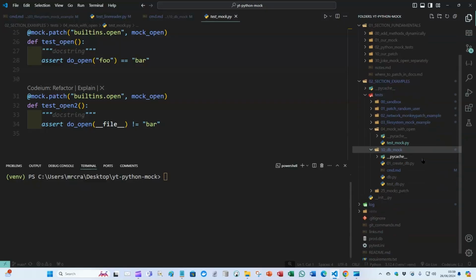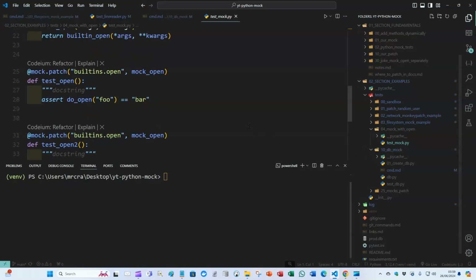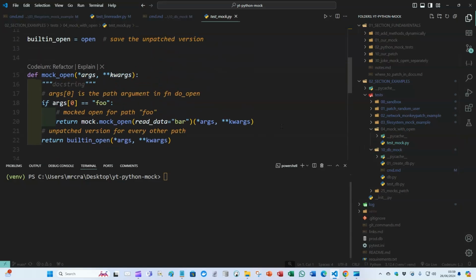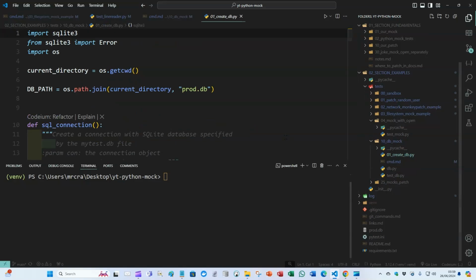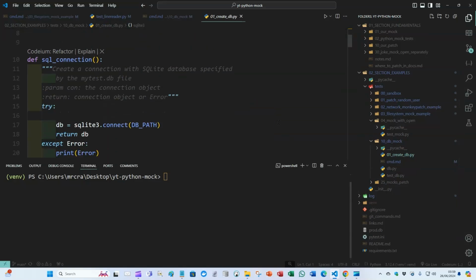I've included some extra examples. For example, mocking with open. I'll leave you to go through the wiring of all of that. One that's quite useful is the DB mock, because this is another example of where we're splitting up